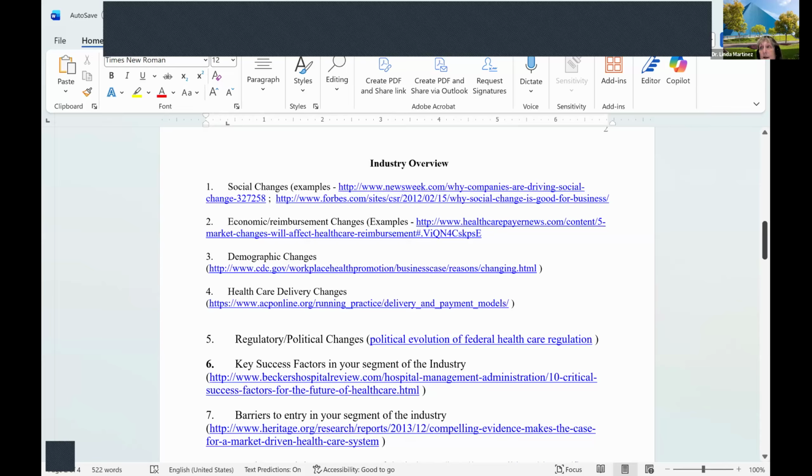They leave that area and it becomes industry, or it becomes something else that does not really have the kind of target that you used to have before. Demographic changes can affect so many different kinds of things. So there are examples there that you can look at and see how demographic changes could possibly affect the business you're wanting to open. Okay, healthcare delivery changes.